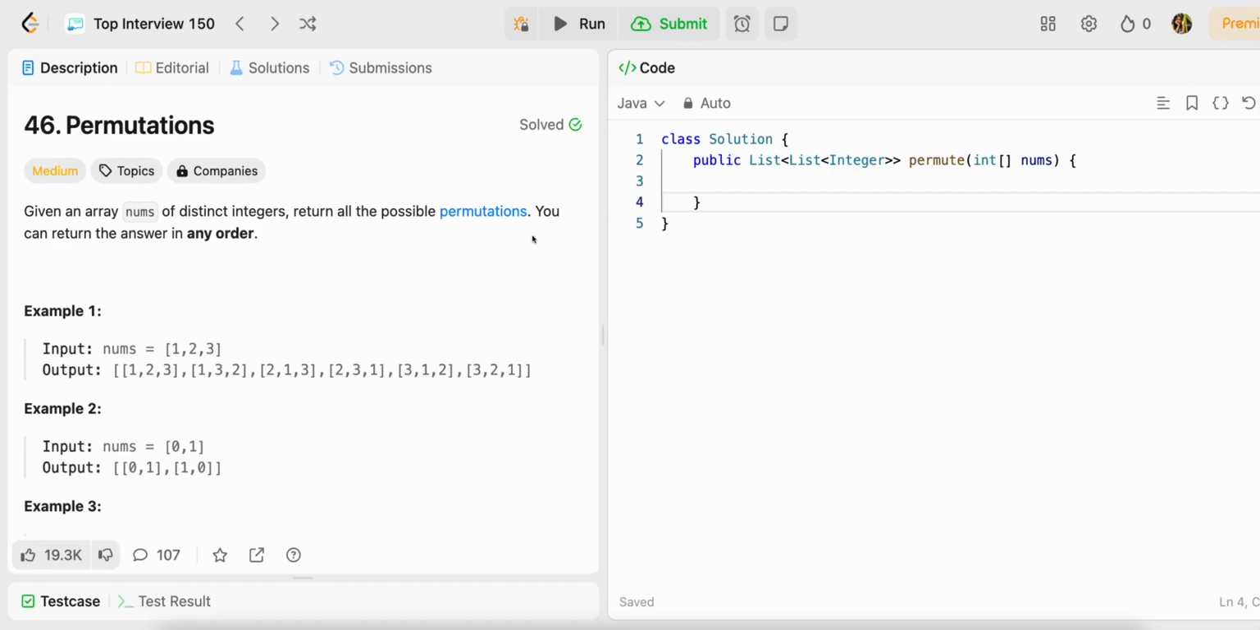In this video, we are going to solve one more LeetCode question, which is 46 Permutations, and it comes under medium, and it is a part of the Top Interview 150 questions. So why did I choose this question? This is